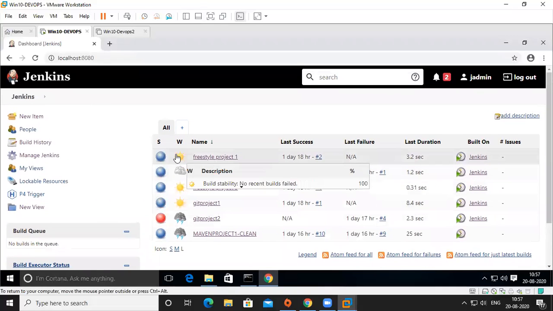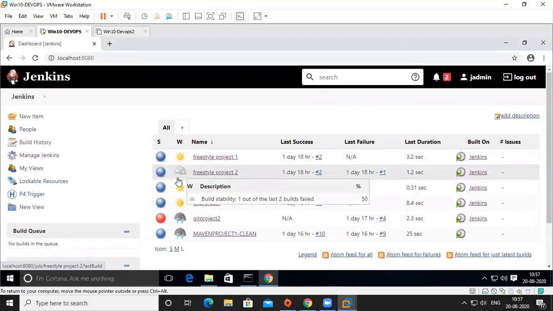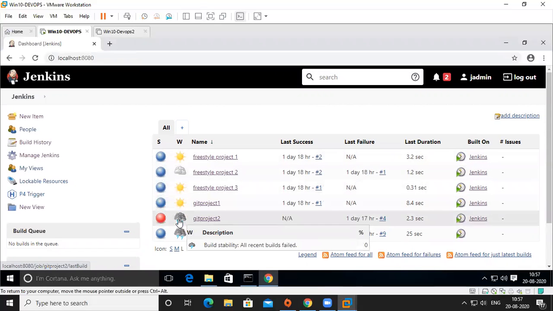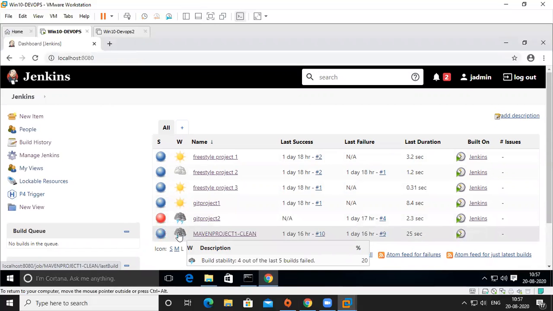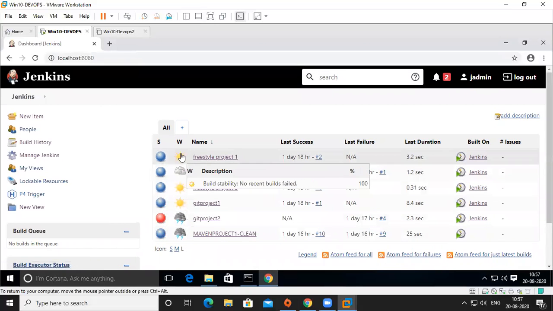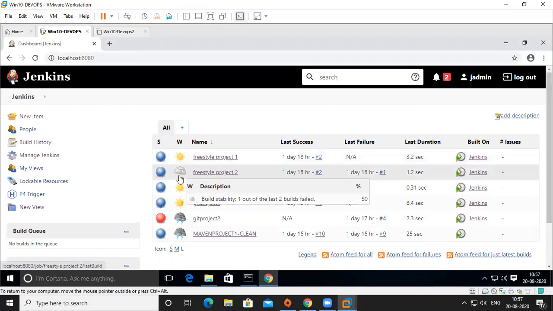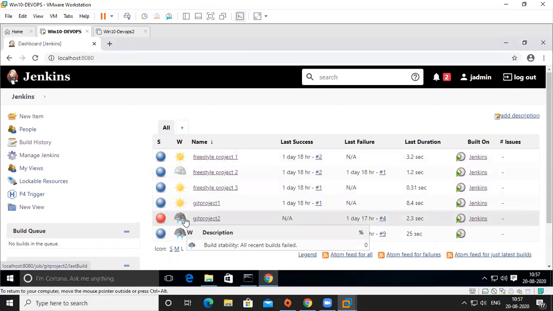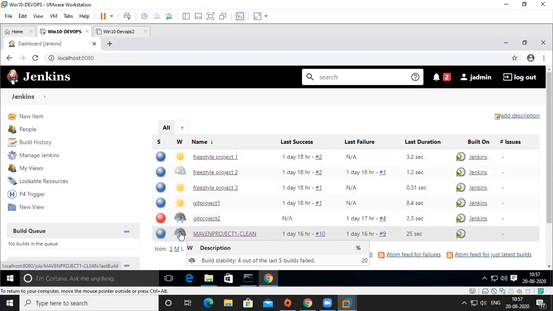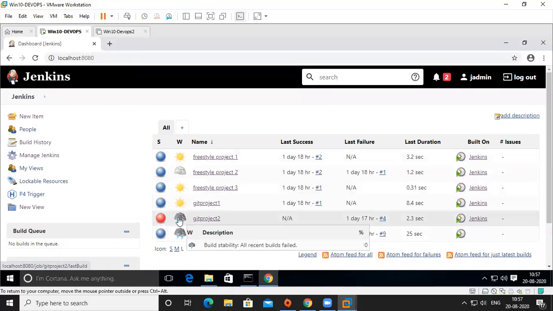There are different symbolic representations, weather representations like this. No build stability here; here it is 50% build stability, so one is success, one is failure. Here all failure. Here it is 4 out of 5, meaning 4 of the last 5 builds failed, which shows the success rate. The last success is not there.